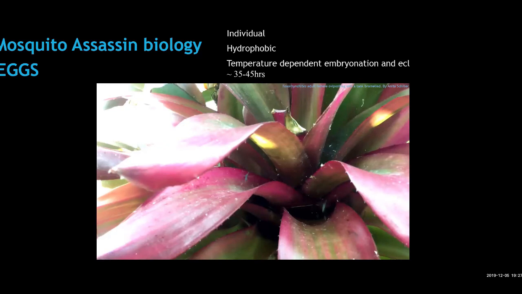One of the unique oddities of Toxorhynchites biology is that the eggs are laid individually, and the eggs are hydrophobic. They scooch across the water, and the embryonation is temperature dependent. As I mentioned, the embryos can eclose in about 2 days, although they could take a little longer